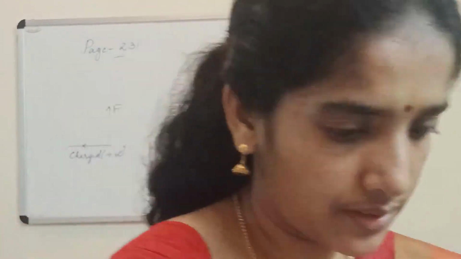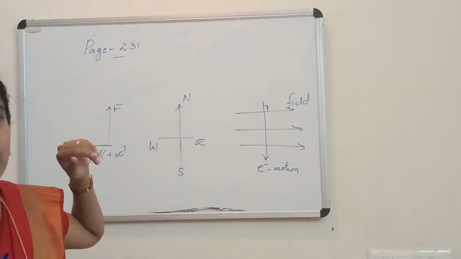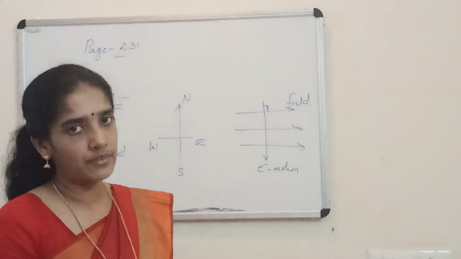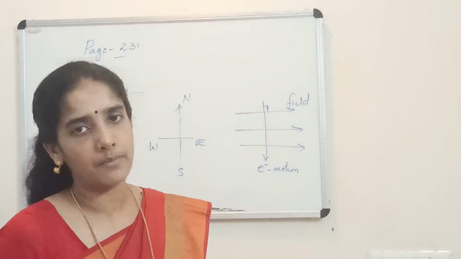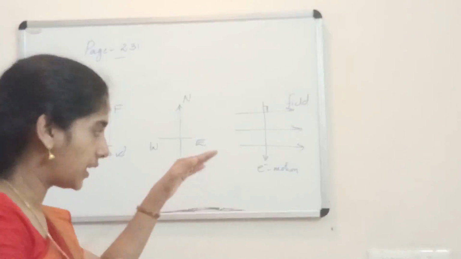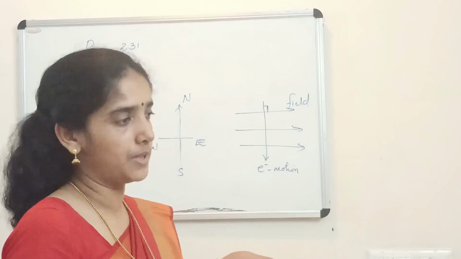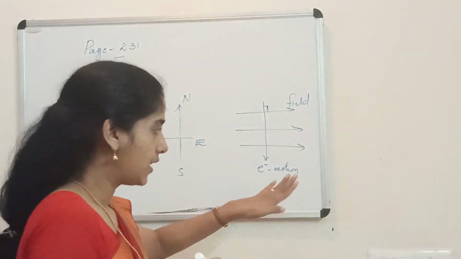Now the question is, just to be clear, let me wear my specs. A positively charged alpha particle projected towards west is deflected towards north by a magnetic field. Then what is the direction of the magnetic field? Let me tell you one more thing before I apply this. When we talk about the geographic poles, north and south are not actually vertical. So how do we represent the poles? If this is east, here comes west, here comes north, here comes south. This is vertically up, vertically down. Okay, this you remember: east, west, north, south.